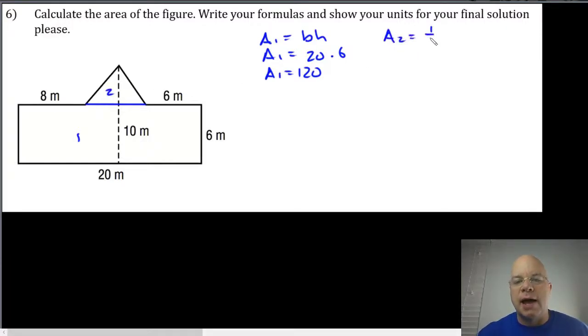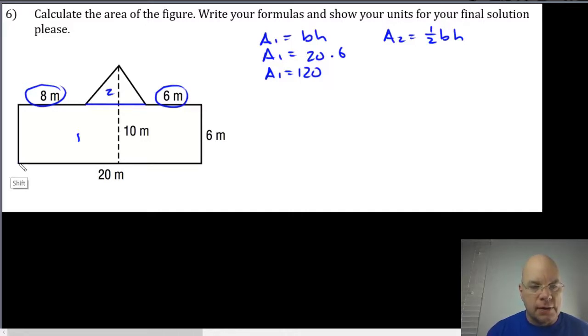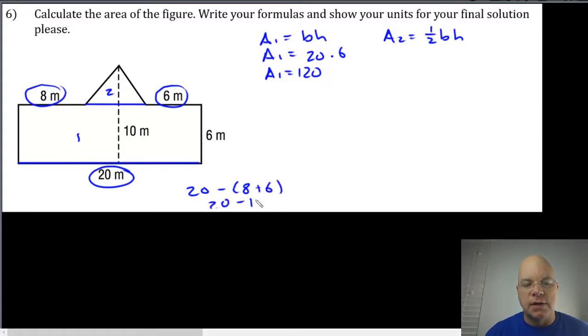we need the triangle formula, 1/2 multiplied by the base multiplied by the height. The base is this blue distance, this line segment. I know that this is 8, and I know that this is 6, and I know that this entire distance across is 20. So if I do 20 minus 8 plus 6, 20 minus 14, that will give me this distance, which is 6. So the area of my triangle is 1/2 multiplied by the base of the triangle, which is 6. The height of the triangle,